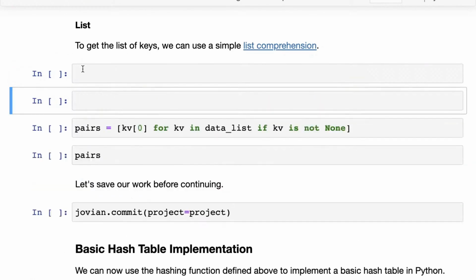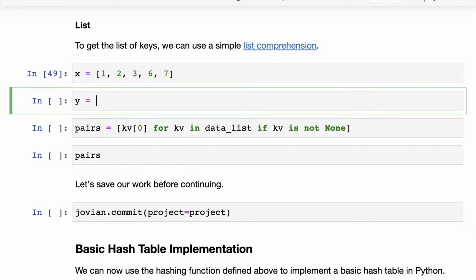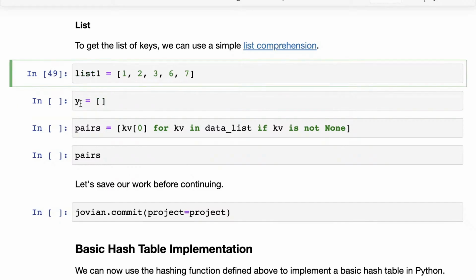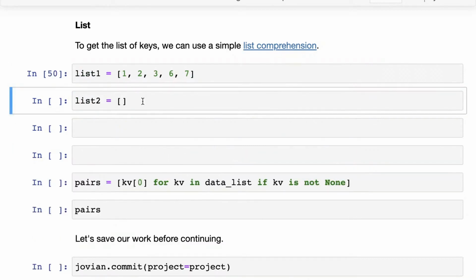To list the keys, here is some special code we are using. This is called list comprehension, and let's take a quick look at it. List comprehension works like this. If you create a list Y from a list X, let's call this list 1 and list 2. Good variable names always help. So if you have a list 1 and you write this X for X in list 1, what does that do? That for X in list 1 fetches elements one by one from the list, and then here you can specify what to do with the numbers that were fetched.